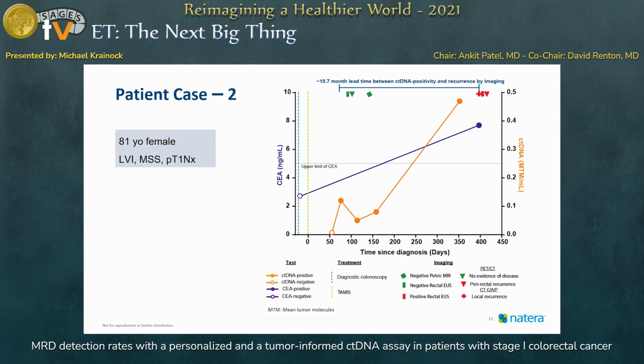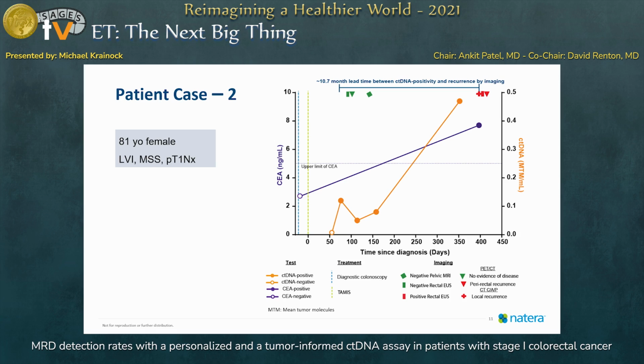This is a patient who had a TAMIS for a low rectal cancer, a 2 to 3 centimeter rectal cancer. After her TAMIS, you can see that her ctDNA did initially clear. Again, CEA at the time of diagnosis was negative. And then she turned positive for circulating tumor DNA. And this positivity or molecular recurrence occurred about 10.5 months before she recurred clinically and radiographically with a local recurrence